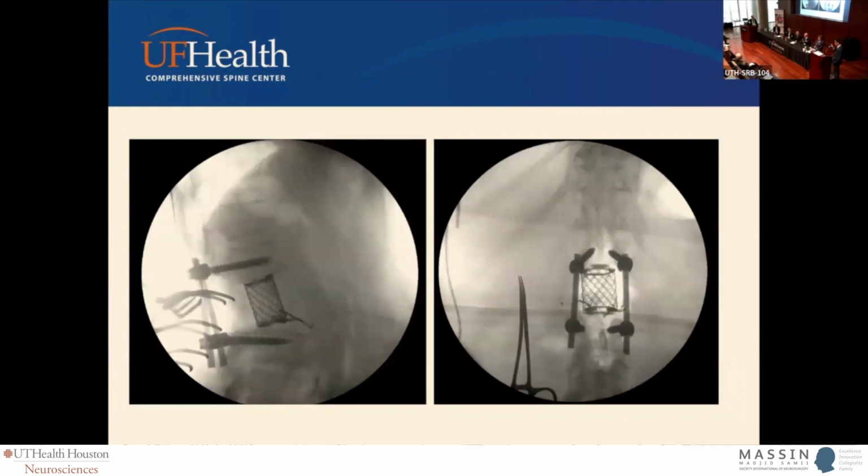I should say this. There are a number of mistakes here that I made. The first was, the path to hell is paved with good intentions, right? So this is a very active guy. He's a distance runner. And I thought, how can we try and preserve motion segments for this guy? And I thought, well, we get really good fixation, get great bone quality, get rigid fixation, try and minimize the length of the construct. So this is the intraoperative X-ray.